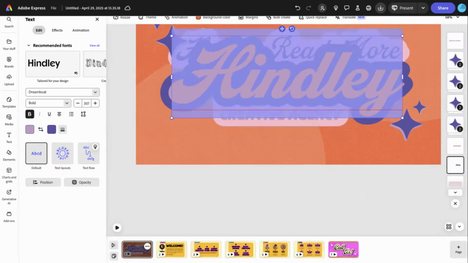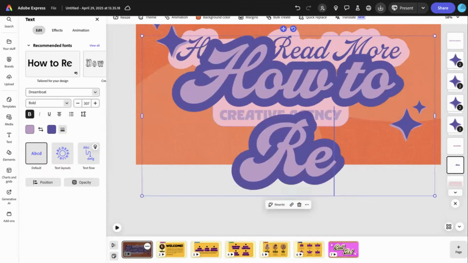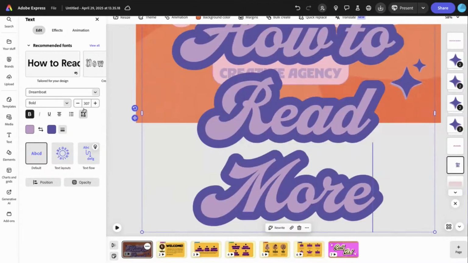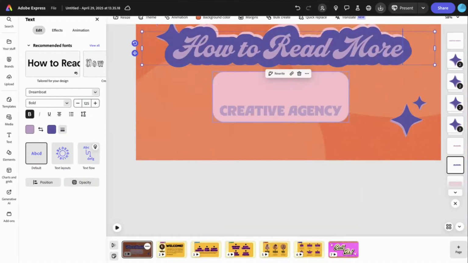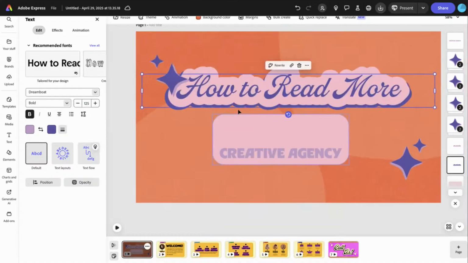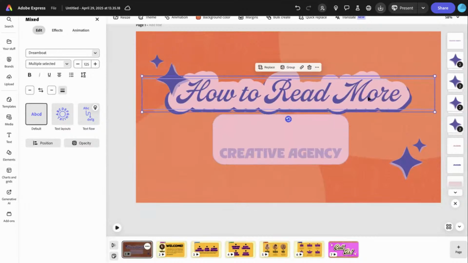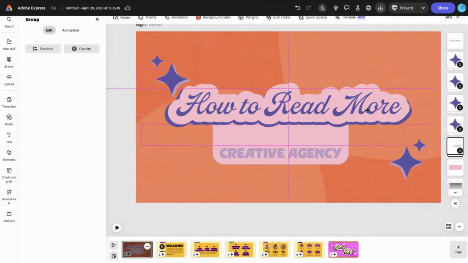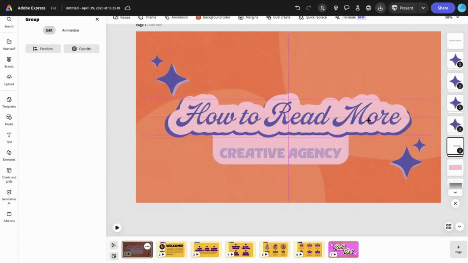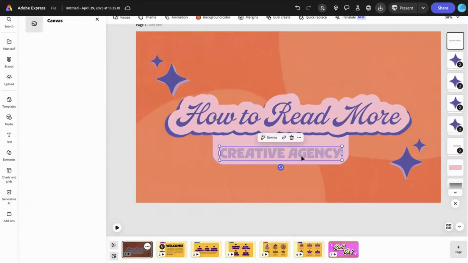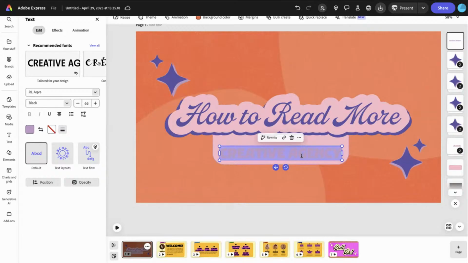So let's go ahead and change that too. And change the size of that. Okay, perfect. And then it goes right behind our other text. And I'm going to go ahead and group those. So Command G and bring it to the center. Perfect. And then let's change this guy to